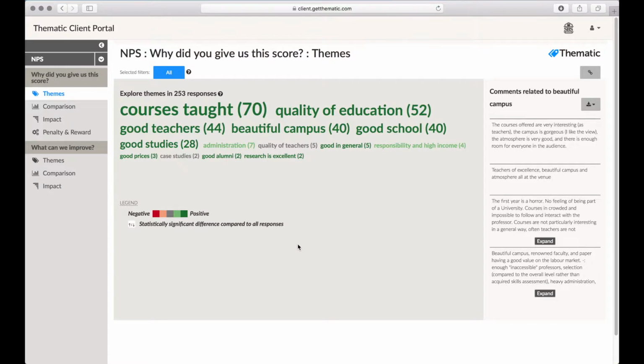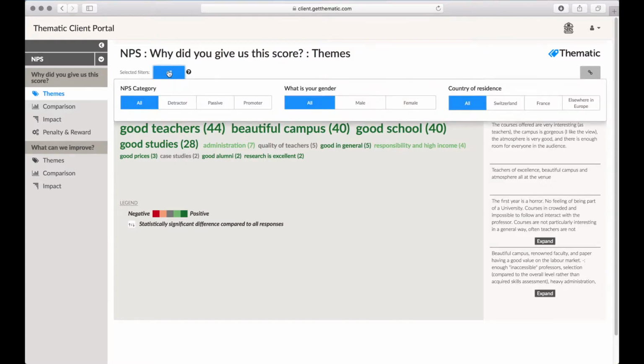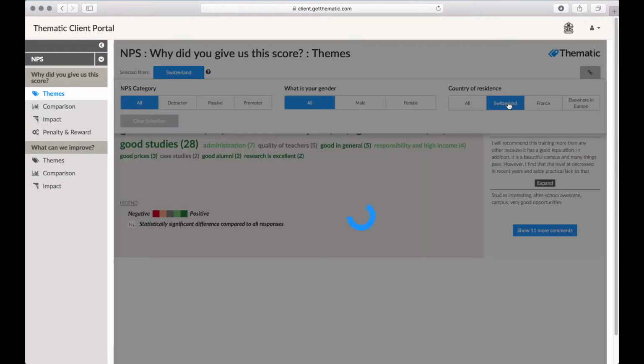Filtering data is a powerful way to discover new insights in Thematic and can be selected at the top of most Thematic analytic tools. The blue box describes the current primary filter, which can be changed by clicking on it to open the filter selection menu. You can choose one filter from each category. For our example, we're going to filter for different countries of residence. The visualized data updates as we change the filter from all to Switzerland